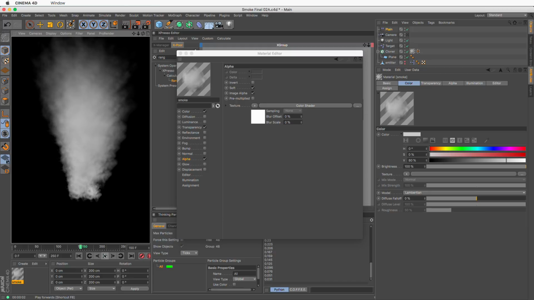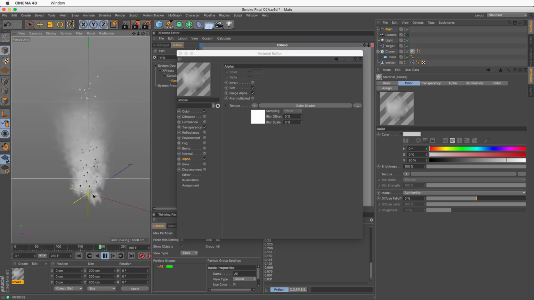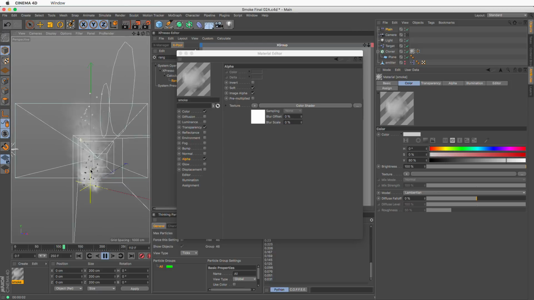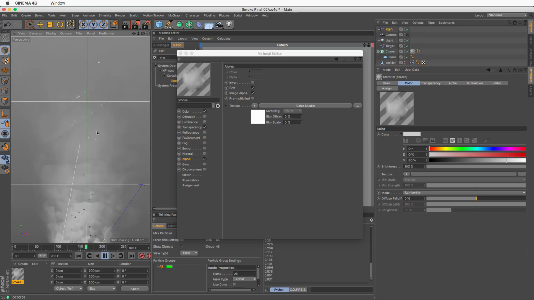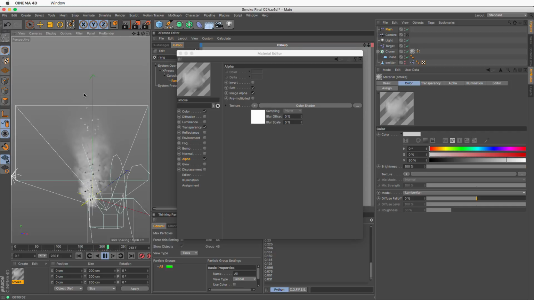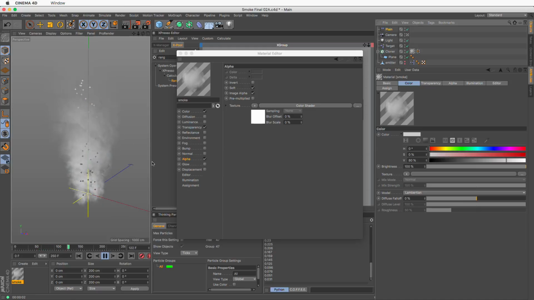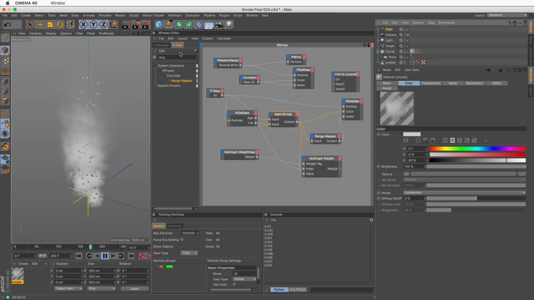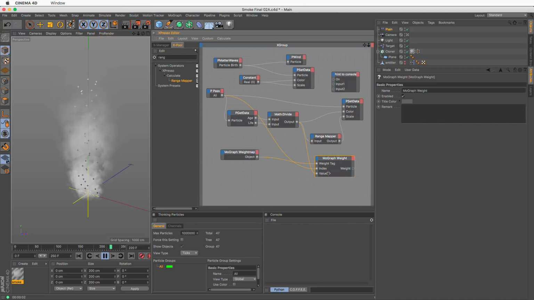And that's fantastic. Now, watch this. I'm going to go and zoom in here because we need to do one more adjustment. You can see that these puffs just spontaneously appear. So we've solved the problem of having the puffs fade when they are at the top, but we haven't solved the problem of having the puffs enter in a more civilized manner. So let me select my camera again to go to the other view. The easiest way to do this is to go and control this value with a range mapper so that it's transparent when they begin and transparent when they die.